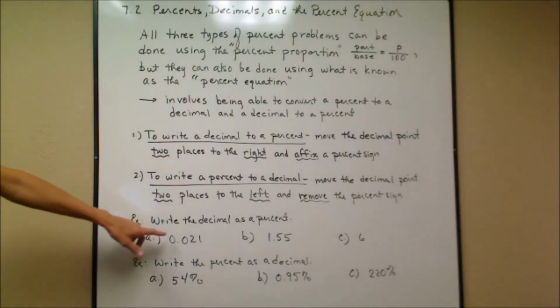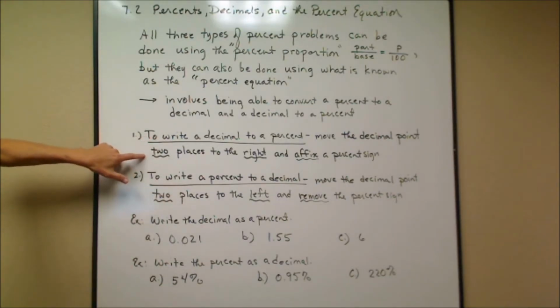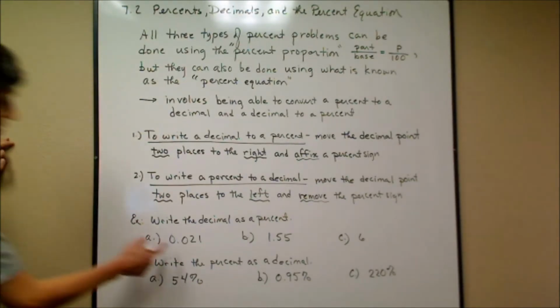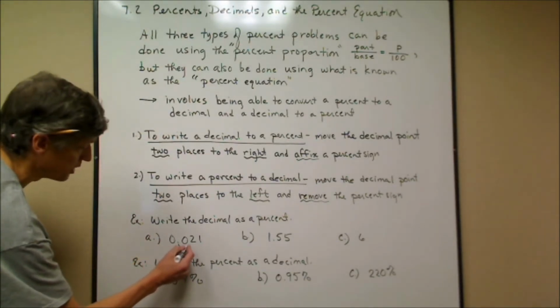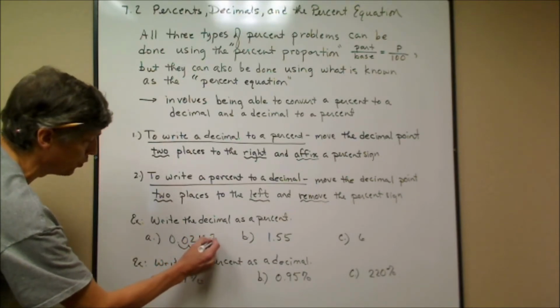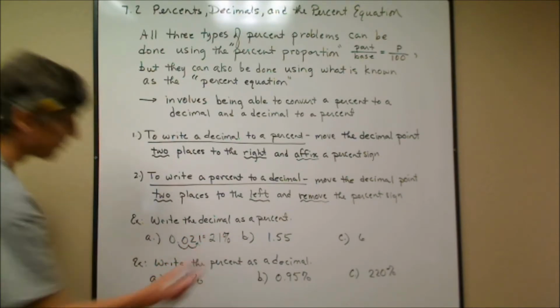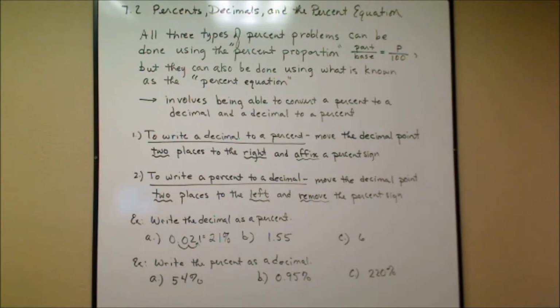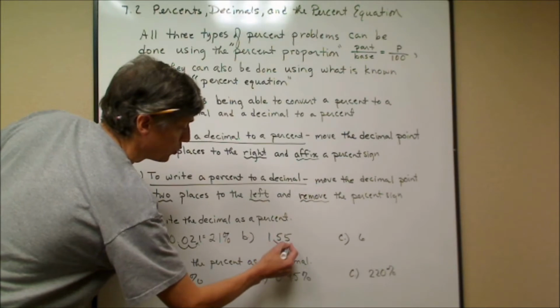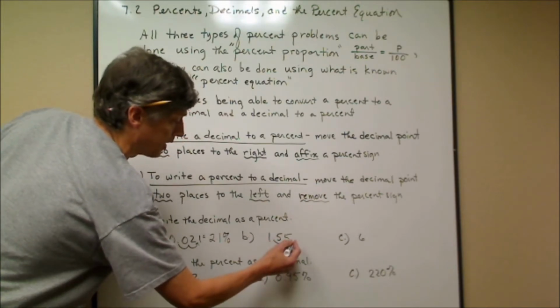Now I'm going to change these decimals into percents. So the decimal point goes 2 places to the right, and add on a percent sign. So here's the decimal point. I'm going to scoot it 2 places to the right. It's now in between the 2 and the 1, so I have 2.1%. It's that simple. Here's another example. 1.55, I'm going to move the decimal point 2 places to the right. That's going to put it on the end here. That's going to be